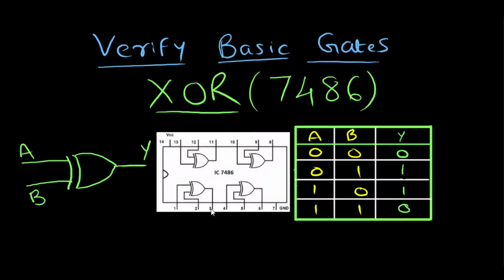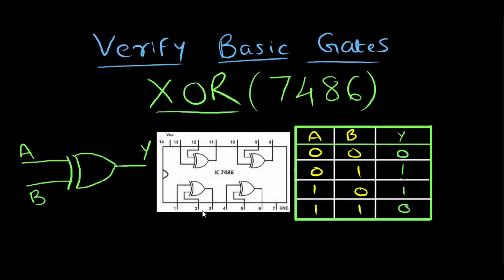Pin number 3 is the output. The reason I am making this video is to make you understand how exactly to verify the different gates so that you're confident to build much bigger circuits. By the end of this video, you would be more confident in building bigger circuits using 2 or 3 ICs. So don't miss to watch the video until the end.